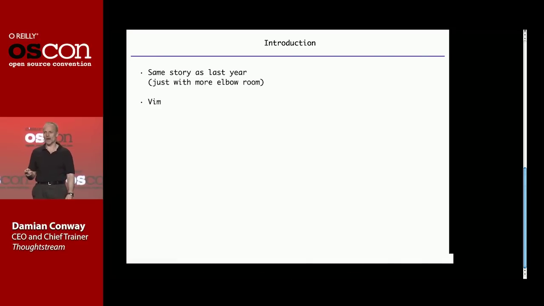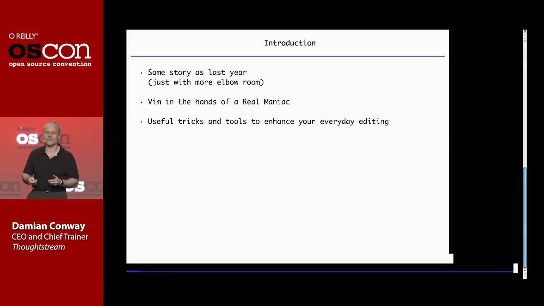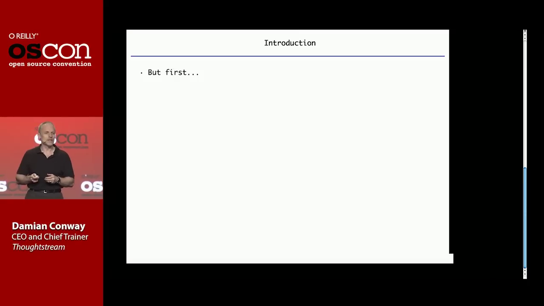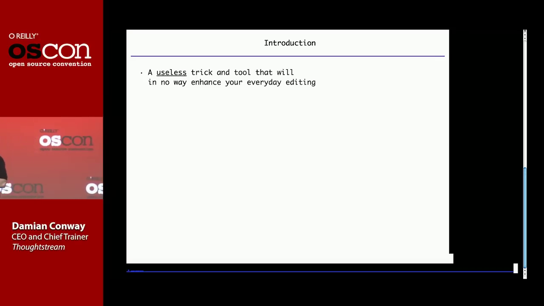I'm going to talk to you about what I do with Vim. So, it's basically Vim in the hands of a maniac. I want to give you some useful ideas, some useful tricks that are going to make your everyday Vim editing very much better. But I wanted to start out with a completely useless trick that will in no way improve